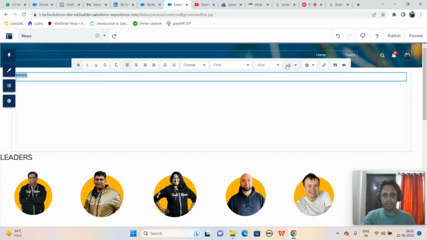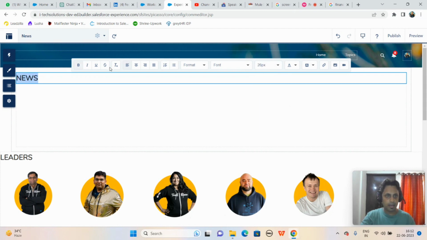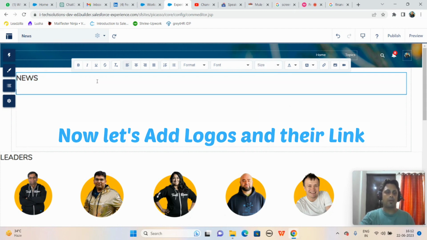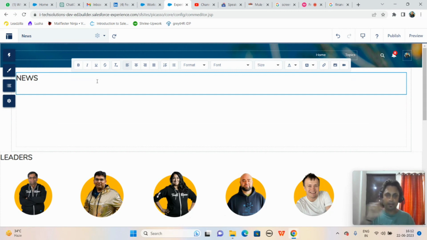We'll just write news like this. We'll select the font size. Okay. And we'll come down. And probably for this news, let's do one thing. We'll add some logos, and referring to those logos, we'll put that link referring to it, so they can redirect